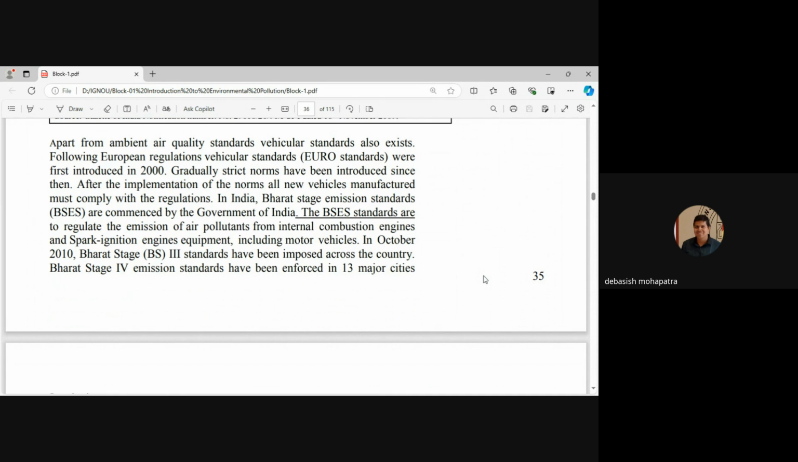So the BS standards are to regulate the emission of air pollutants from internal combustion engines and spark ignition engine equipment, including motor vehicles. In October 2010, Bharat Stage 3 standards were imposed across the country. Bharat Stage 4 emission standards have been enforced in 13 major cities